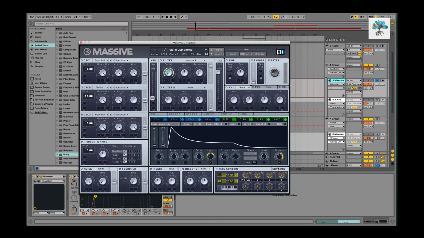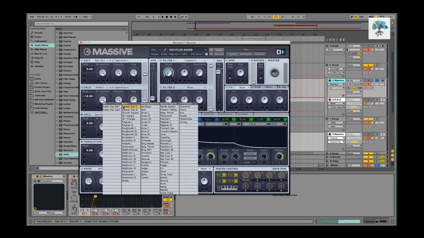So if you're not very familiar with Massive, it's pretty daunting, I guess, if you're just getting into subtractive synthesis, because it's very oddly laid out. You have to think differently. It's also based on wavetables, which is different as well. So I guess just in case you're not familiar with what that even means,